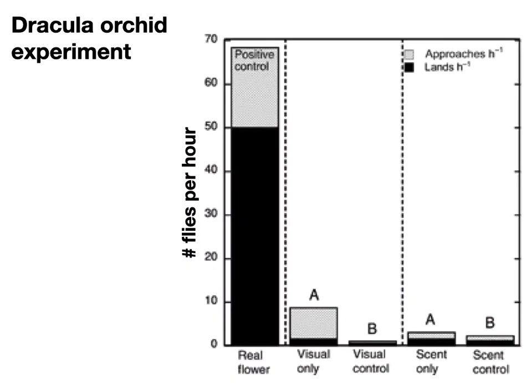And so these are some data. This is the figure summarizing the results of these experiments. On the y-axis, we've got the average number of flies per hour. And this graph is actually presenting two dependent variables. We've got the number of approaches and we've got the number of landings that the flies made on these different